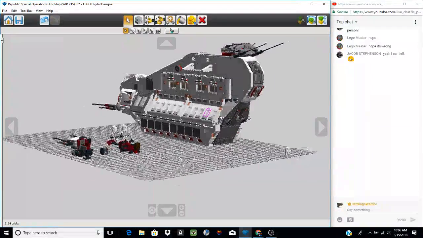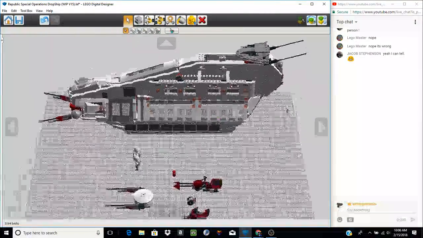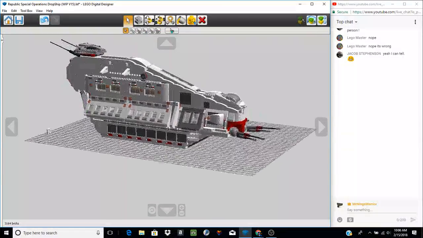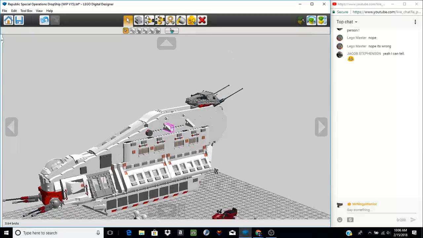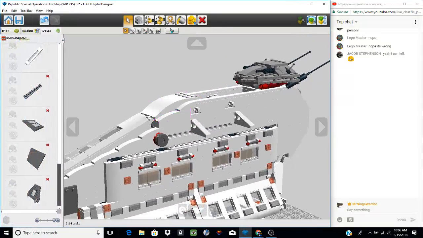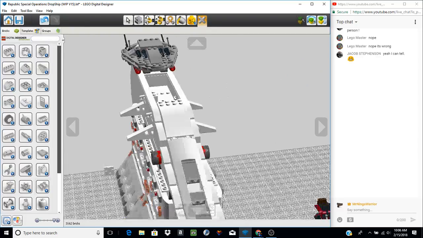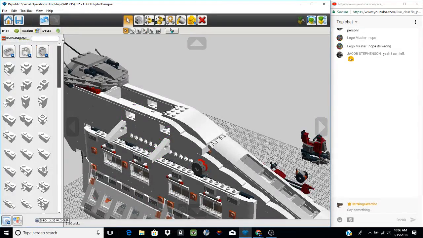But we're back to work on the Special Operations Dropship. Because, yeah, I was doing it on the PC before this stream, and it was being a major pain. I like stud.io. I like that I have multiple different views that I could use, and then I also like that I have the ability to...